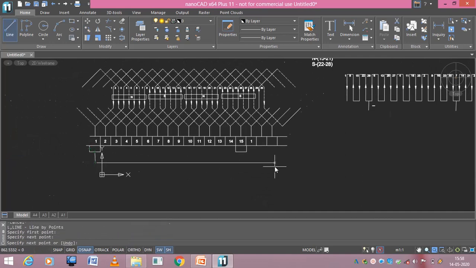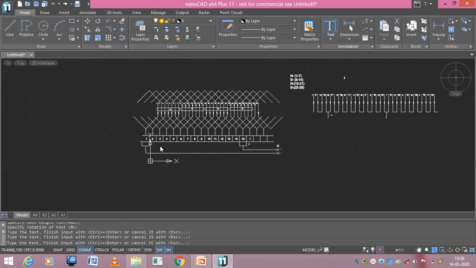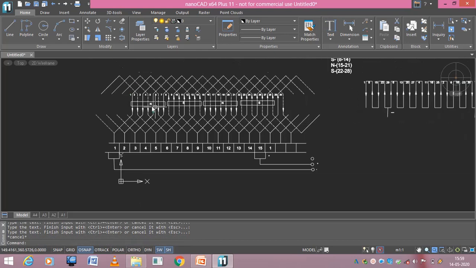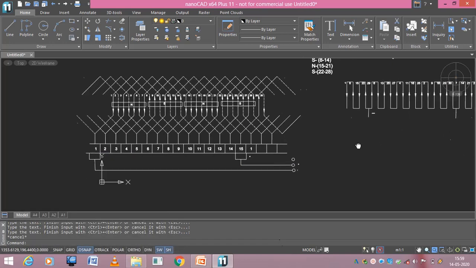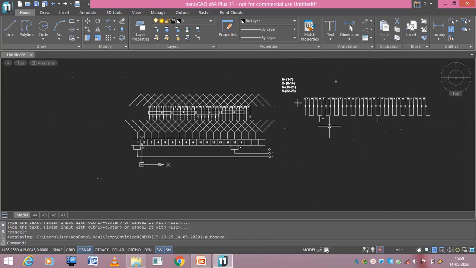Clear? Now you can hatch the brushes. So this is regarding your simplex retrogressive wave winding, and if you have any doubts in the sequence diagram, you can feel free to contact. Thank you.